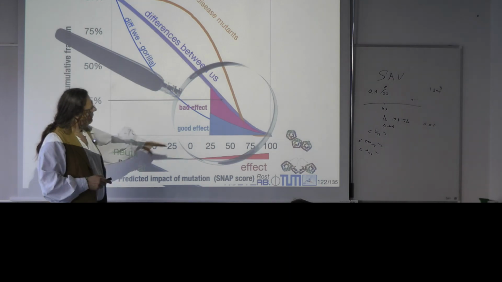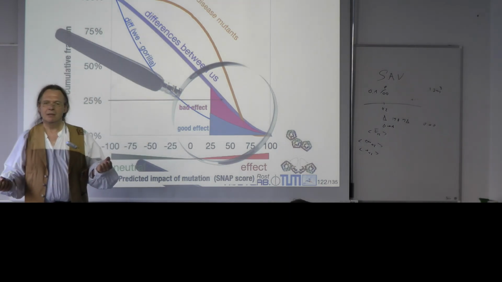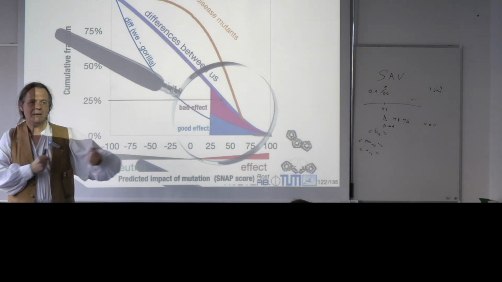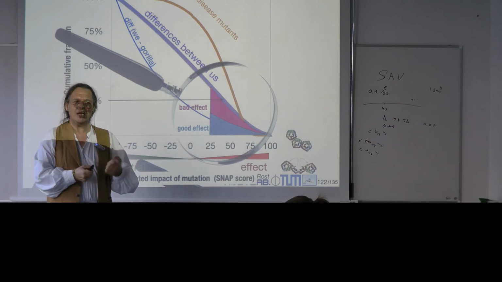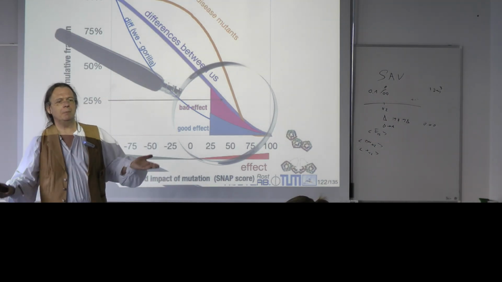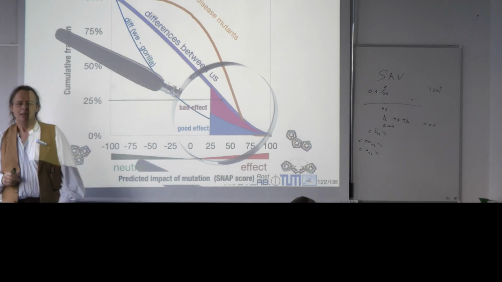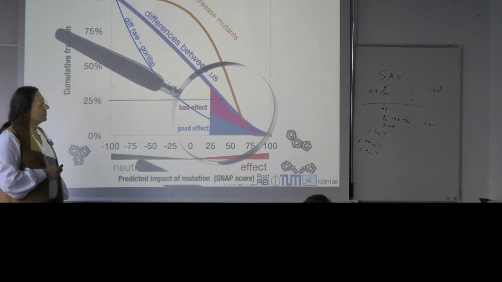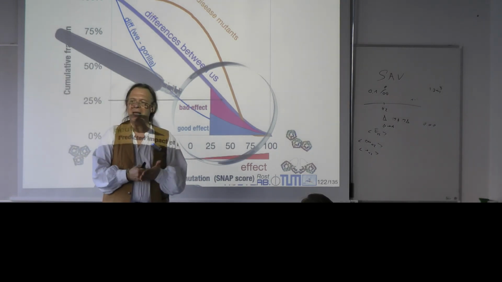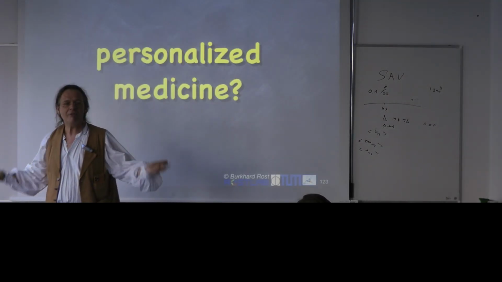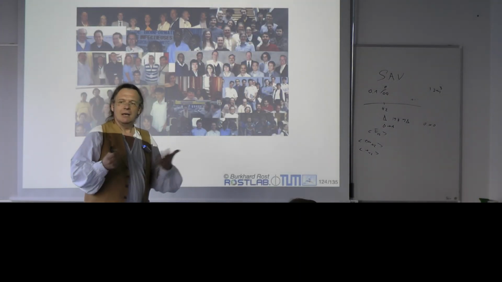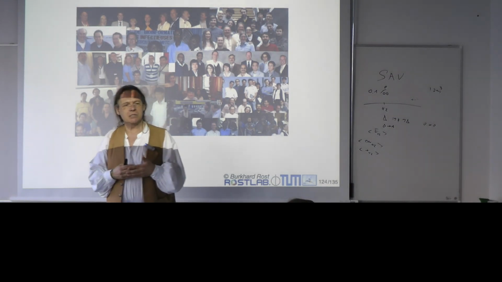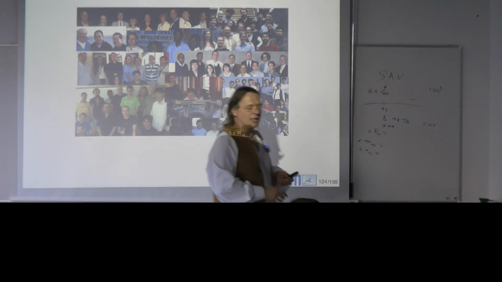And maybe among all of those that have some effect, some of them are good. They help me to look different or be different or help the population, and some of them are bad. And bad and good could be for me or for the population, right? There are different levels of defining bad and good. Now, maybe we could find a way to attack the bad effect ones by, for instance, personalized medicine or precision medicine. So essentially by looking at something where my genotype is specific to the drug I take. Could you imagine a situation in which each of you